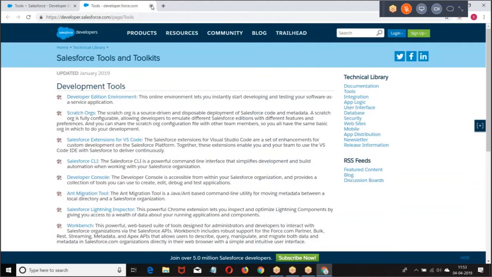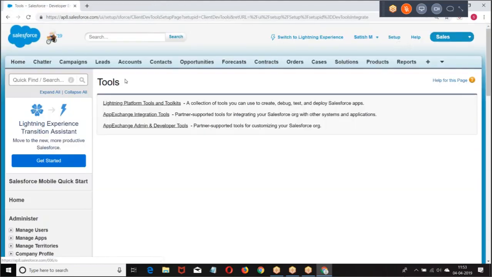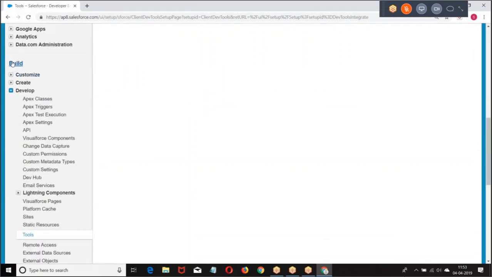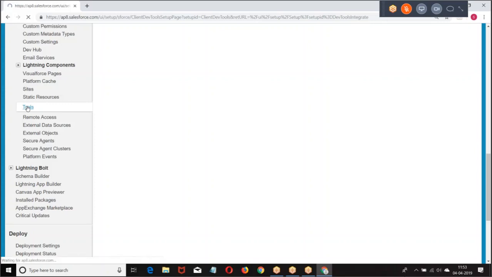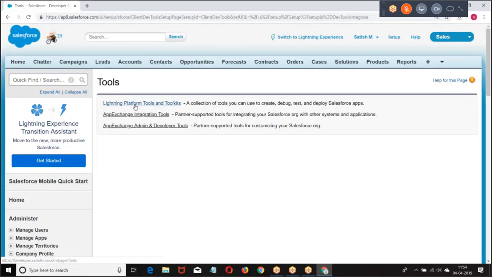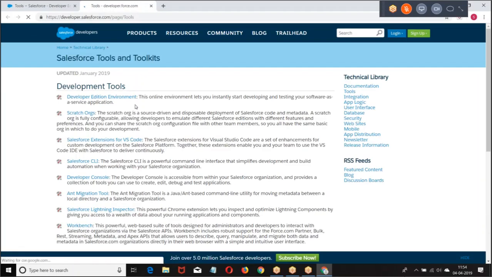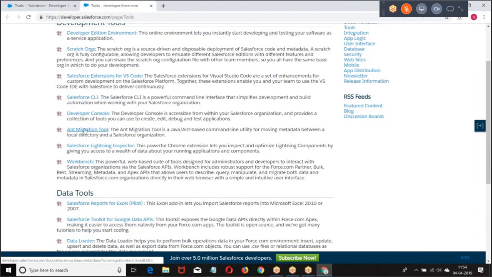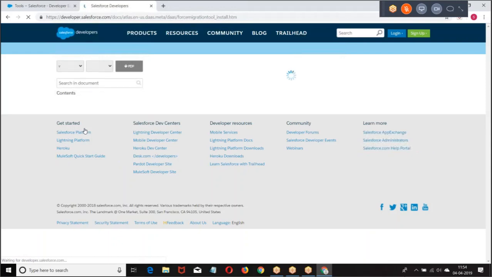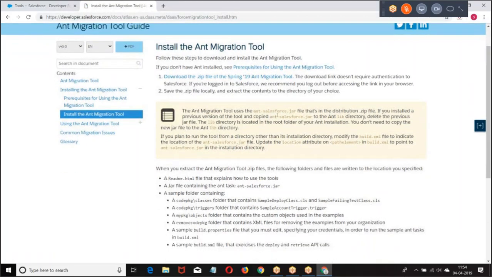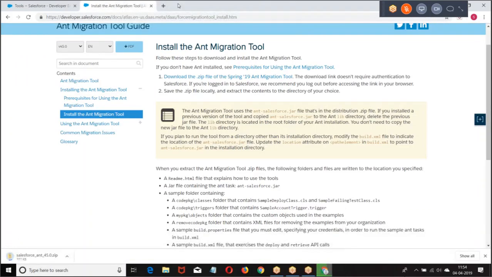Once again, setup, build, develop, tools, Lightning Platform tools and toolkits. And here we have ANT migration tools. Then we download the zip file. Let the file be downloaded.